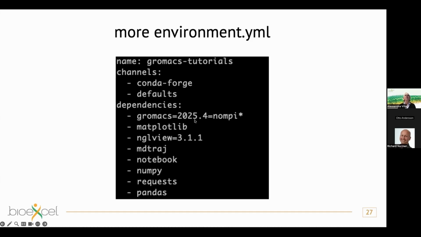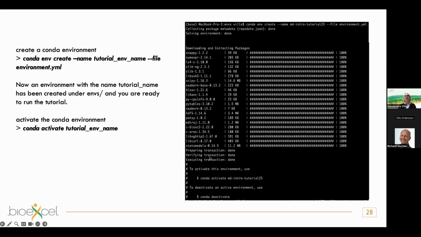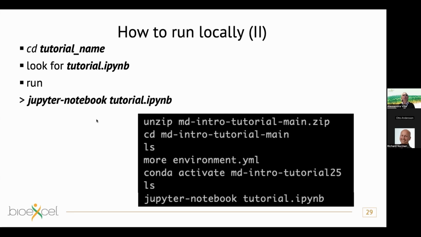And then when you have created everything, you can conda activate with the name of the tutorial. I wrote this in the presentation in a more general way. So when you run locally, you download, unzip, go to the tutorial, look at the environment file, conda activate, and run the Jupyter notebook. That is exactly the same